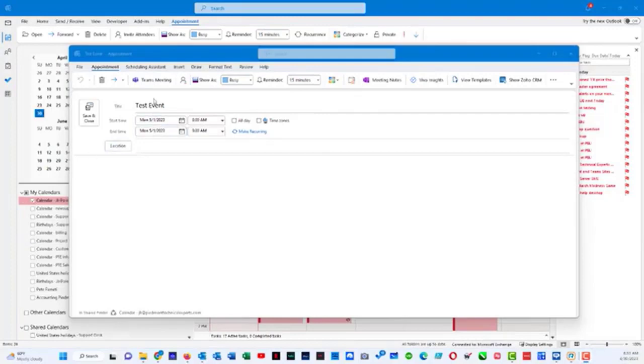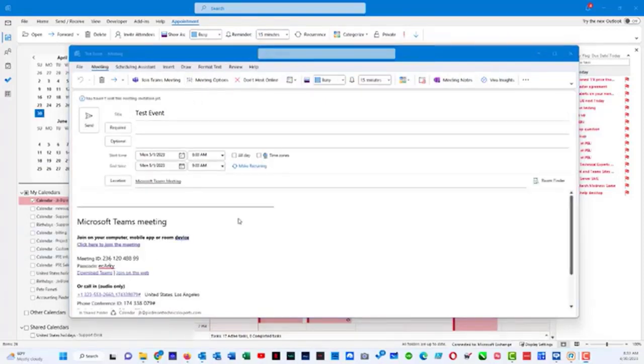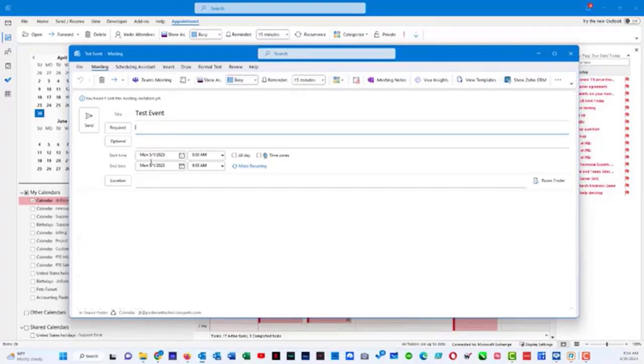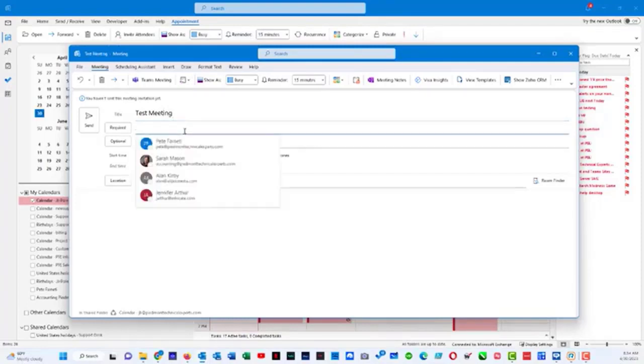And from here, I can either do invite attendees, which by default will make this a Teams meeting. And as you can see, it pre-populated all the Teams information. If I don't want to make this a virtual meeting, I can say don't host online, and it removes the Teams information, but it still lets me put in my invitees, and I will change this from test event to test meeting, and I will invite myself,